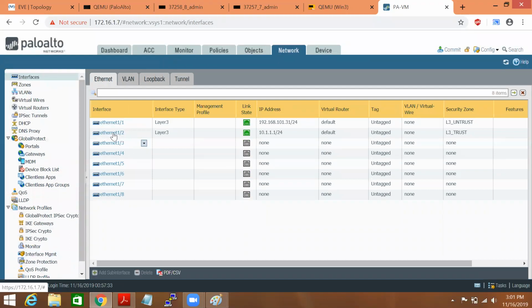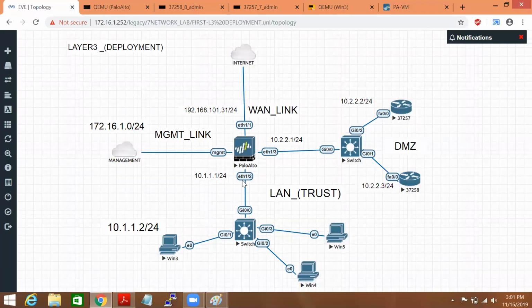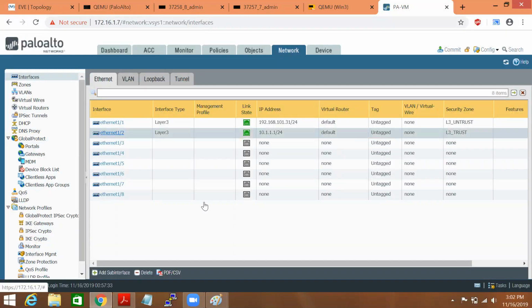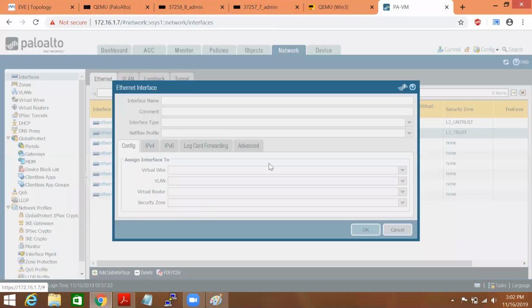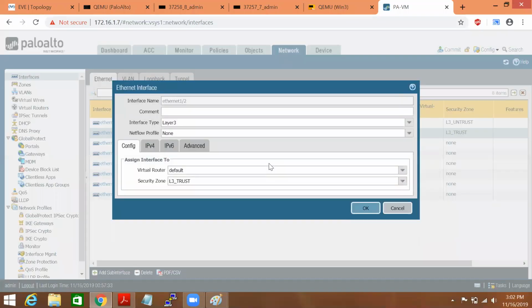Click on interface. Once you click on interface, let's say I want to allow these services from Ethernet 1/2. So in order to allow these services from Ethernet 1/2, we'll have to click on 1/2. From which interface we want to allow, that interface we'll have to select, and accordingly we can call our management profile.